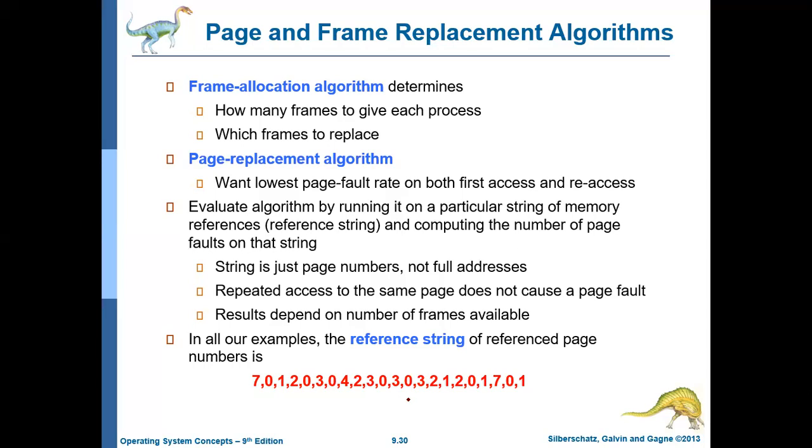So your numerical will be of this type. You will be given a reference string or the reference page numbers. These are the reference page numbers, you can say, the page numbers 7, 0, 1, 2, 0, 3, 0. What are these page numbers? You are going to use these pages, or you will need these pages, in this order.